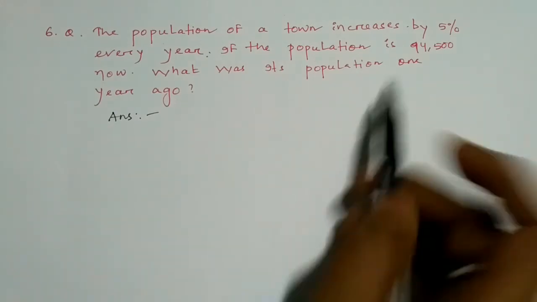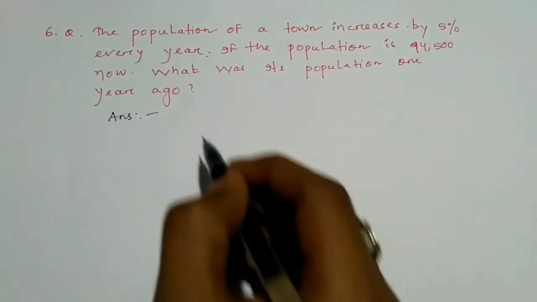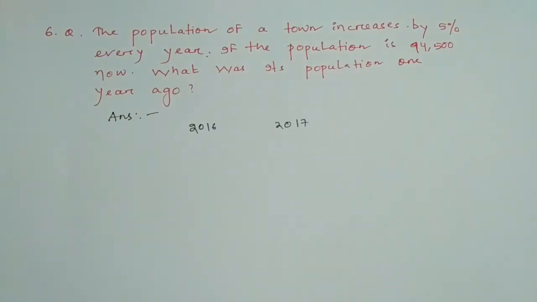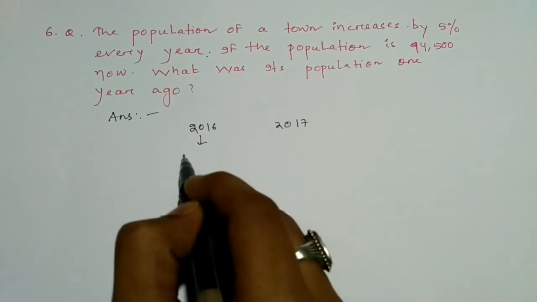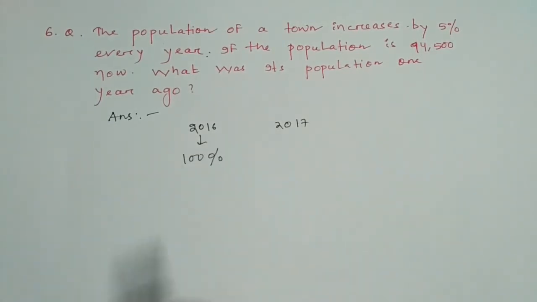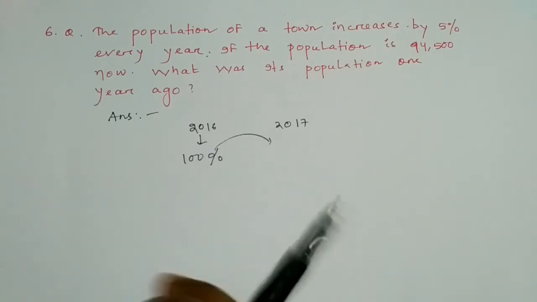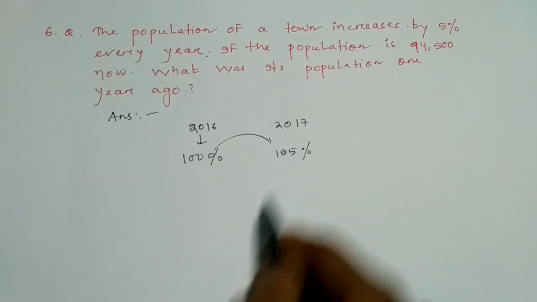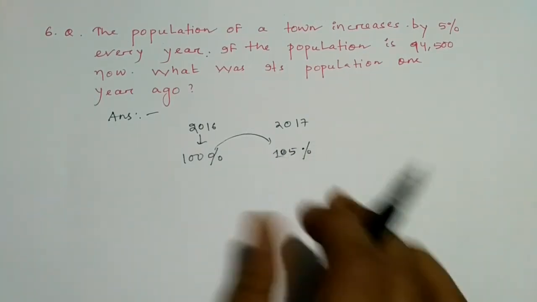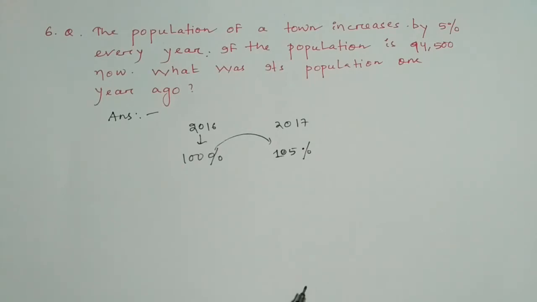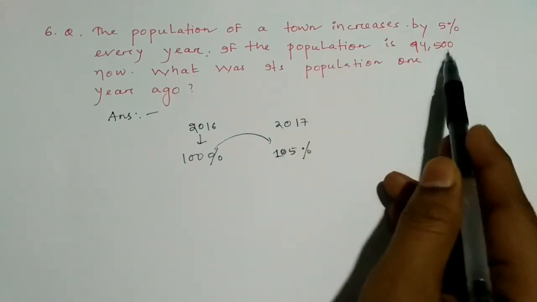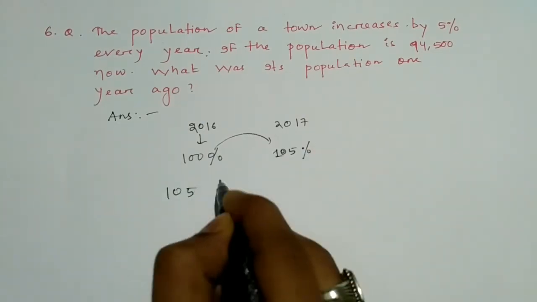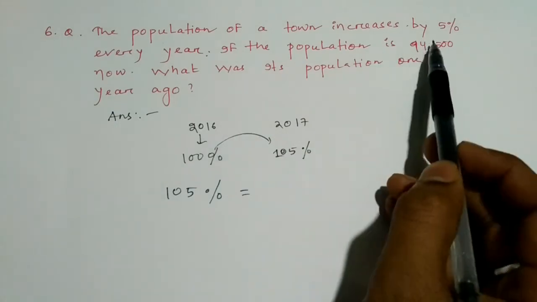The increment is always 5% every year. For example, 2016 and 2017 are 2 years. In 2016, it is 100%. In 2017, it increased by 5%, means it increased by 100 and 5, so in 2017 it is 105%. If the population is 94,500 now, means 105% is